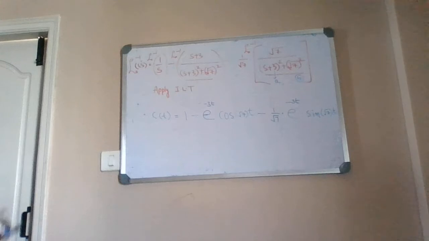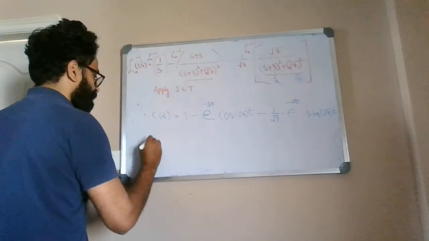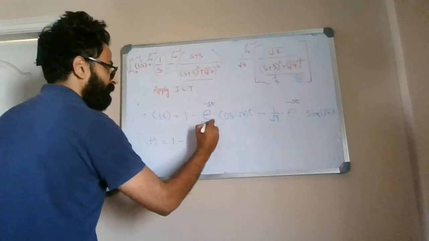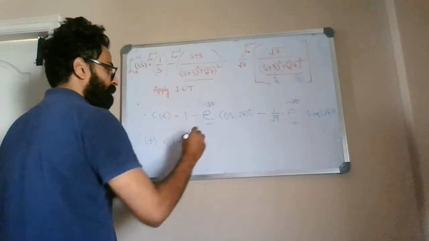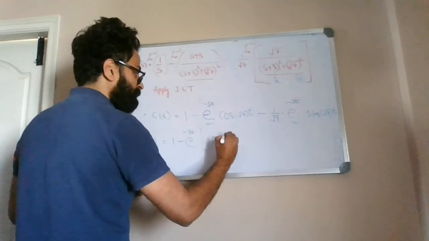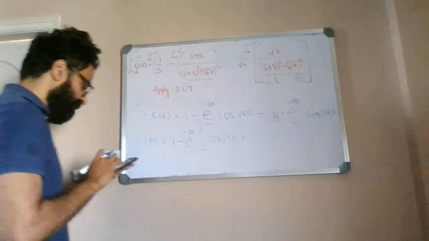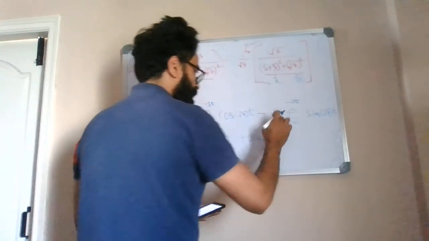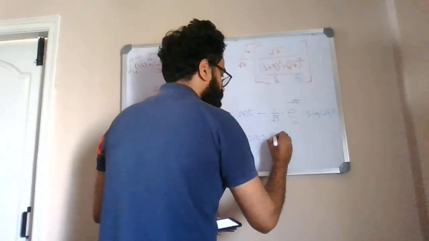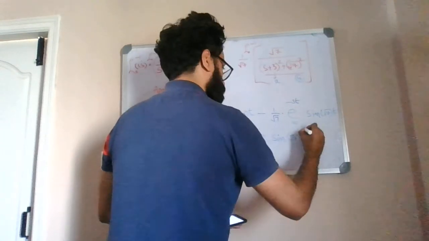Okay, so that's how we find the Laplace transformation. And if you want to further simplify, probably you can take e to the power minus 3t term outside, so it is e to the power minus 3t into cos under root 7t plus 1 by root 7, which can be written as 0.142, into sine under root 7 into t. So this is my